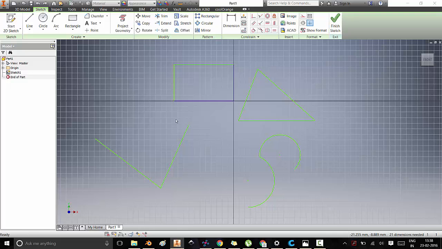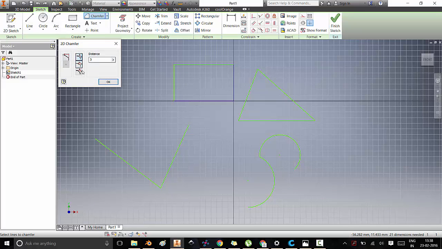Getting back to Inventor, let me start with chamfer. The first input type is distance equal from the center point and at an angle of 45 degrees. I'll select the first edge and I'll select the second edge, and we have the chamfer here. For the second one, both the distances are different, so I'll go for the first edge and then the second edge. As you can see, the first line we selected went off with 3